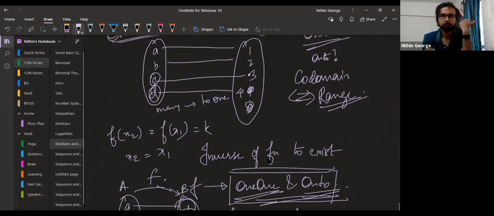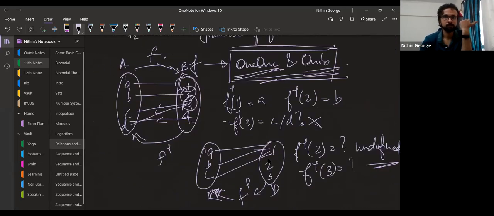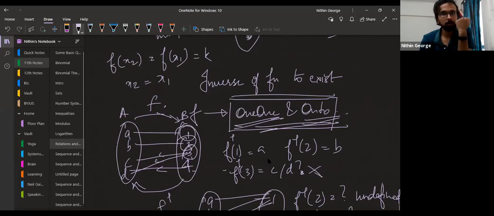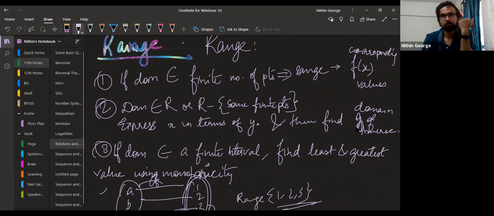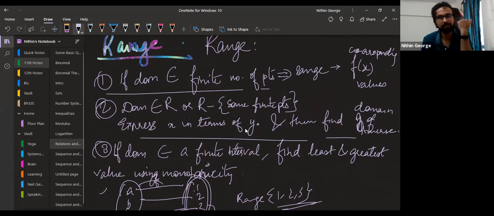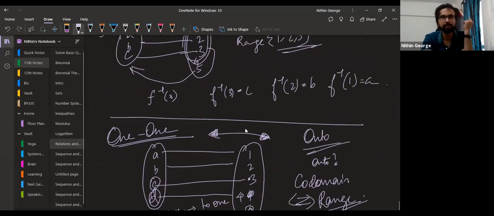Now, only if it's 1-1 and onto, can we find the domain of the inverse? So just keep a side note here also. Domain is R, and then make sure it's 1-1 and onto as well. Even that is the same thing used here, but yeah, we'll get there.